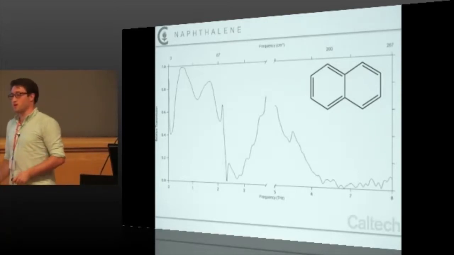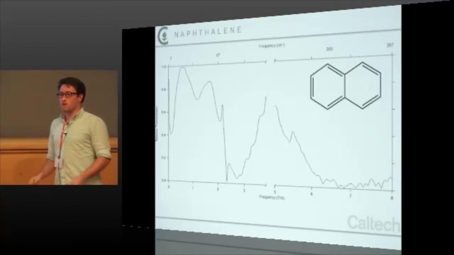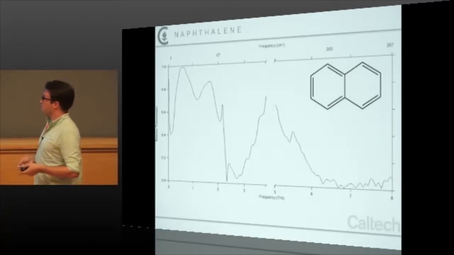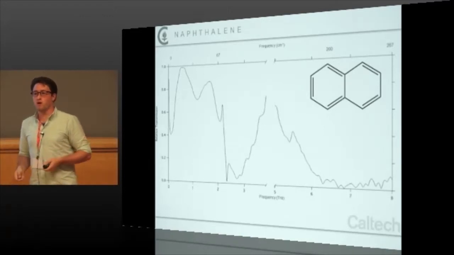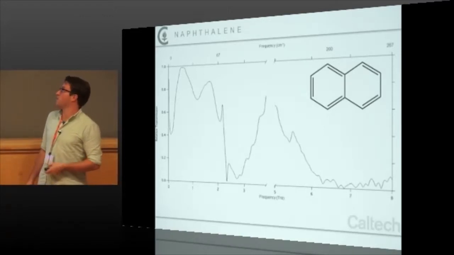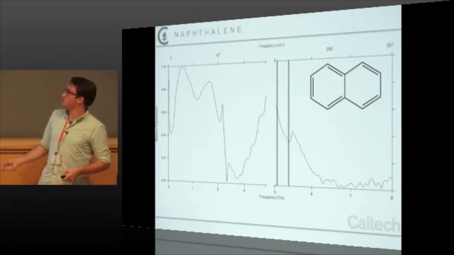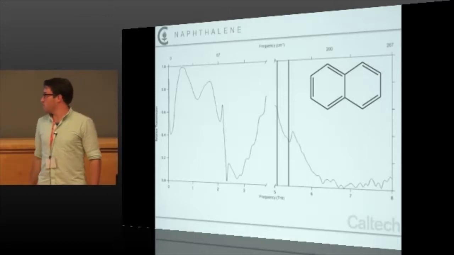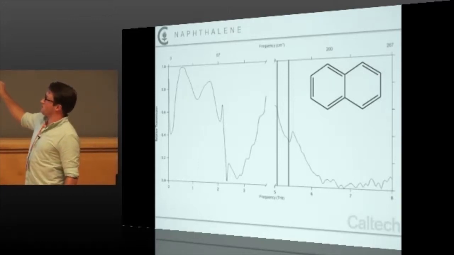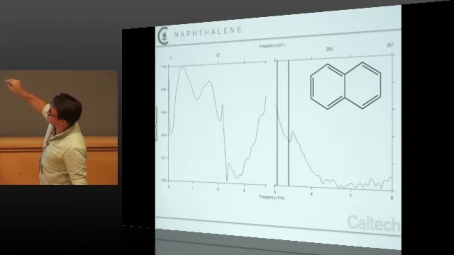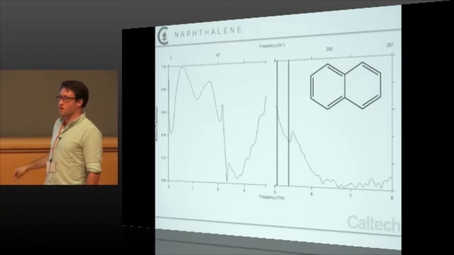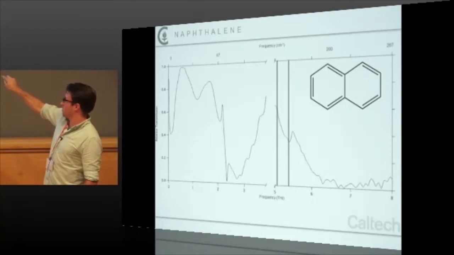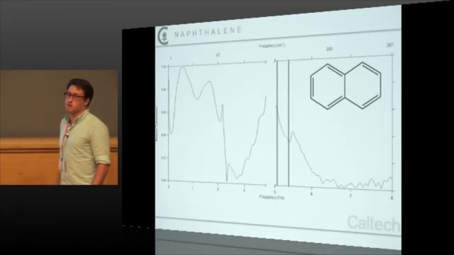So going back to the question that was asked earlier, if you want to do theory on these things, simple harmonic vibrational frequency calculations, you'd think, oh, maybe I can work out what some of the vibrations are, and identify what we should see in the spectra ahead of time. But it turns out if you do that calculation, what you get are 2 modes right here and right here, one of which we might see. I should say, this is transmittance, not absorption, and it got cut off, so my peaks point down, not up like Marco's did. So we have strong absorption here, here, and here that are completely missed by theory.